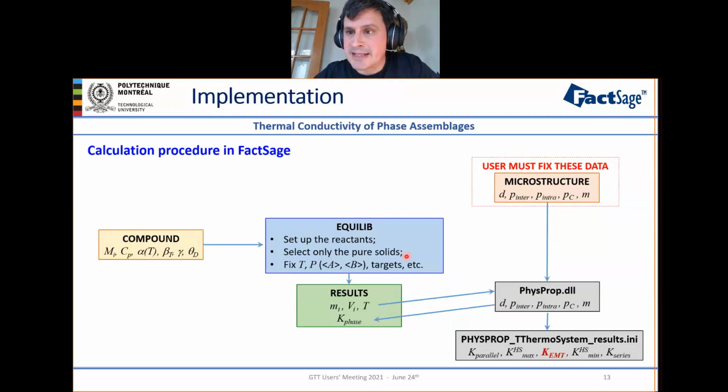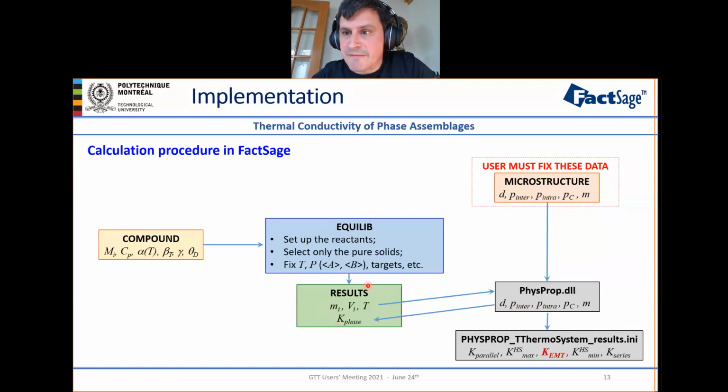So once you click on Equilibre, after clicking on Include molar volume and Calculate physical properties, you click on the Calculate button, and Equilibre will compute, as usual, the masses and volumes of the different phases at the given temperature. Then there is a dynamically linked library called physprop.dll that is using the stored parameters from microstructure to compute the